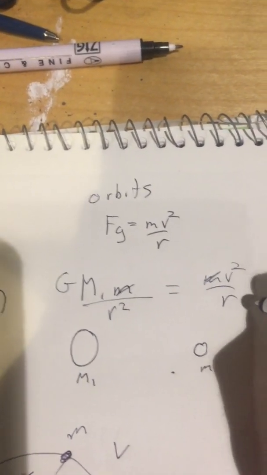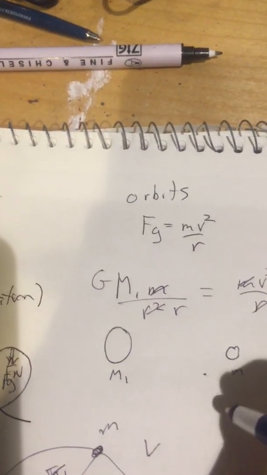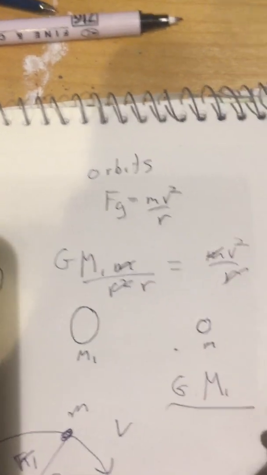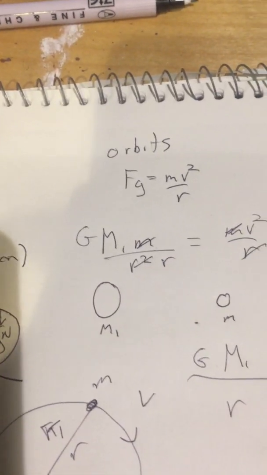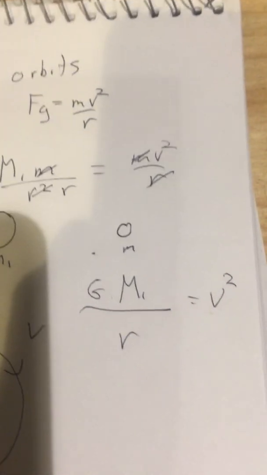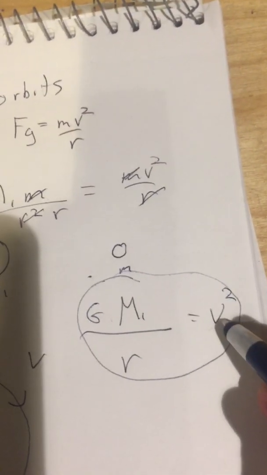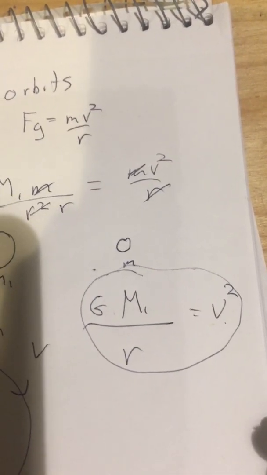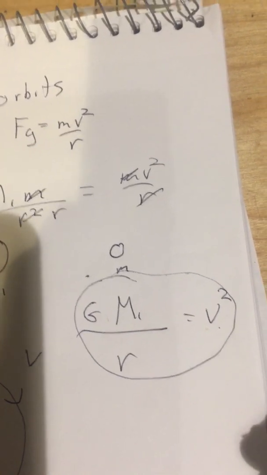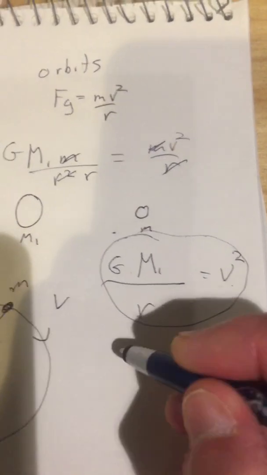We also could multiply both sides by r, and we got just one r down here. So the equation became G times the mass of the big object, like the Earth, divided by r equals v squared. All right, so that was an equation for orbits that we had. But it's difficult sometimes to measure the speed of an object in an orbit. It's easier to measure its period. So knowing that the speed of the object is equal to the circumference divided by the period,